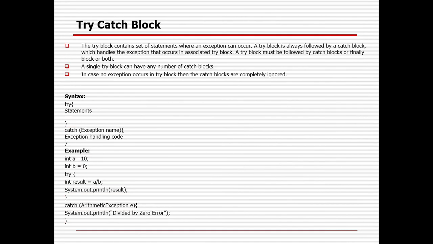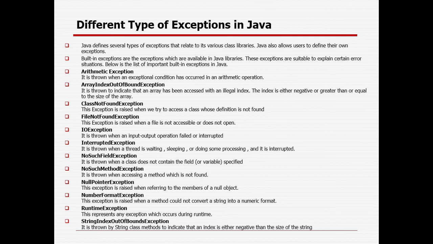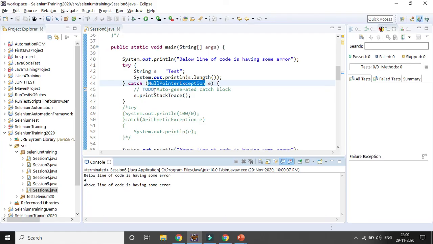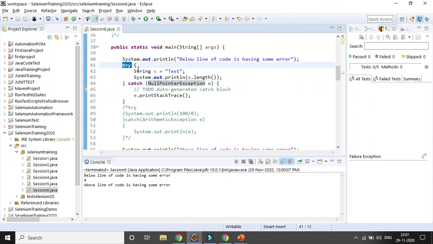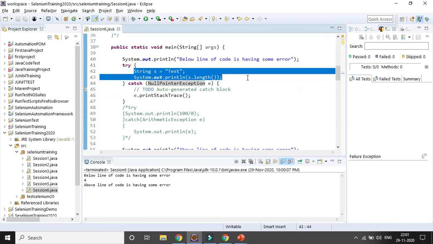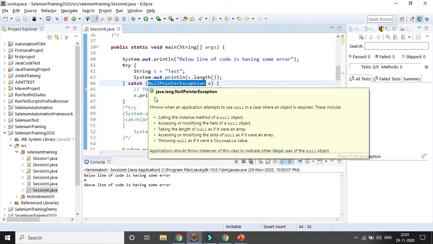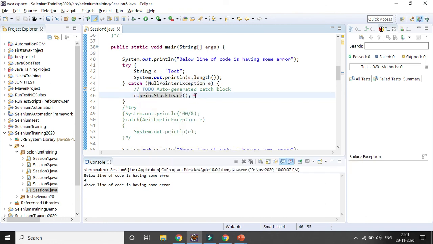In case an exception is there, you can handle it with a try catch block or finally block, right? Within a try block, we can use multiple catch blocks as well, okay? So you can handle these kinds of exceptions: arithmetic exception, IO exceptions, file not found, class not found, element not found, like that, okay? If you want to create your own exception handling, I already showed you how you can use try and catch. So try, then after that you need to write the line of code, then you need to use catch, where you need to give the exception. If you want to print out the exception, you need to use SYSO with the exception name, or e dot print stack trace,